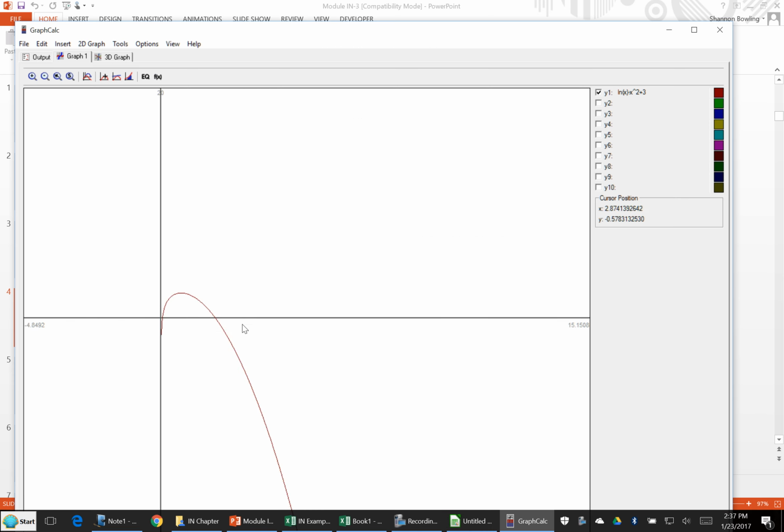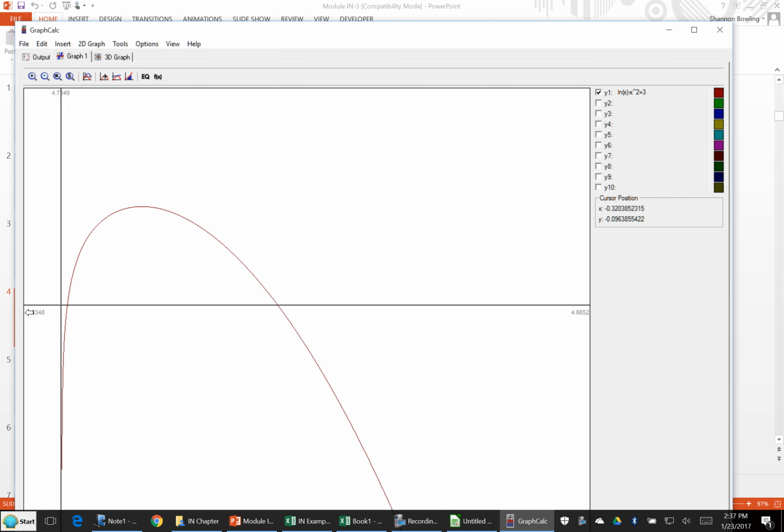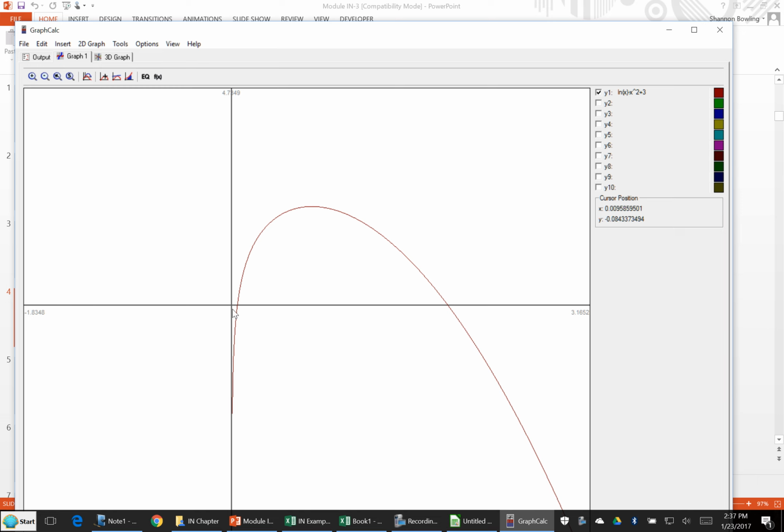And we just want to see, I'm going to zoom in, we want to see where this function crosses the x-axis. So if I just move my cursor, you see over here to the right how as this cursor position changes, it will give you the x and the y values. So if I just kind of rough it, move my cursor, it looks like at about 1.9 the function is equal to 0, and if I move over here it looks like at about 0.05 the function is